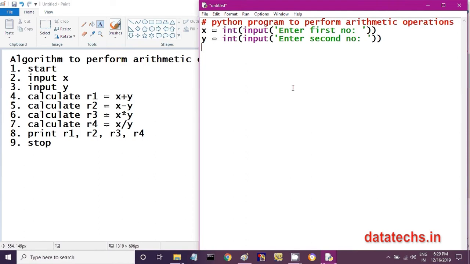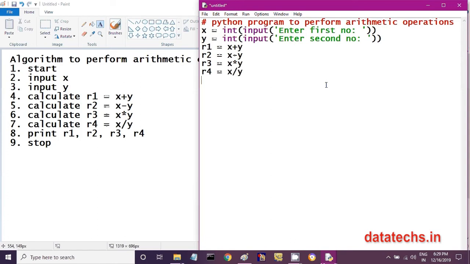That is nothing but addition of x and y. So I can write R1 is equal to x plus y. Then similarly R2 I want to calculate x minus y. R3 is equal to x star y. R4 is equal to x divided by y, that means x slash y.